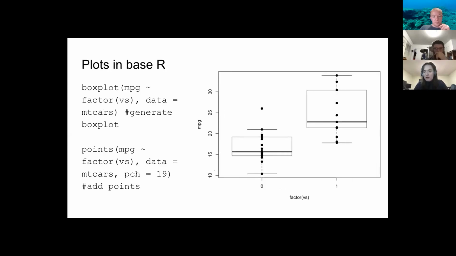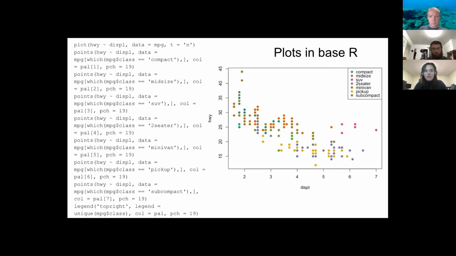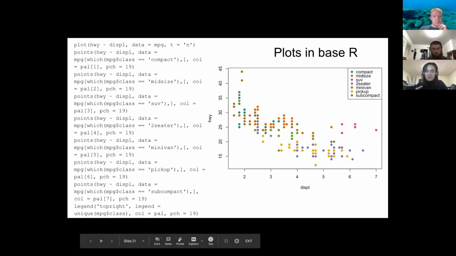Another plot you can make in R pretty easily is a box plot, which you've probably seen in your statistics courses. Again, the base plot here is made with just one line of code, and then just to help with data visualization, adding that points layer on top of it. So this was, again, one that's pretty simple. And then finally, I have this to scare you all. There's a lot of lines of code here, but this is pretty simple. What you're doing is you generate the base plot with actually no